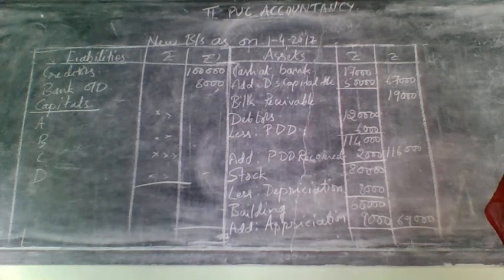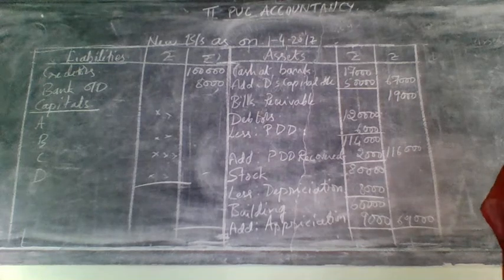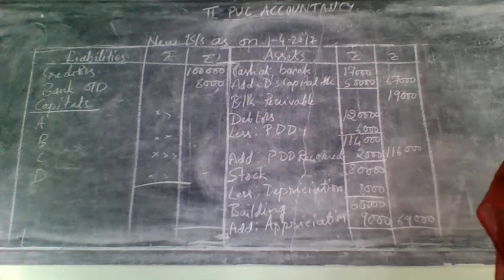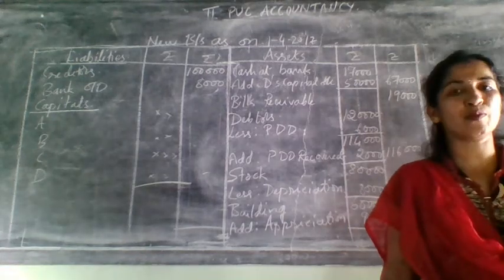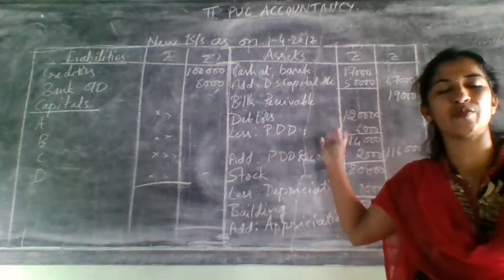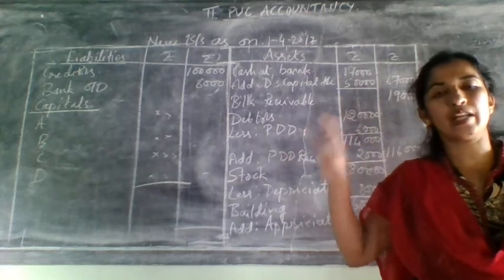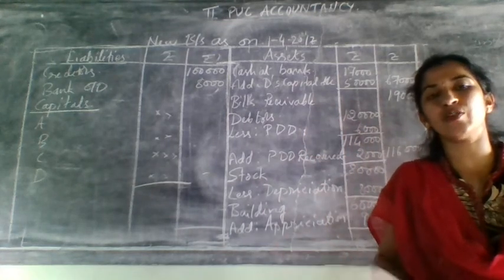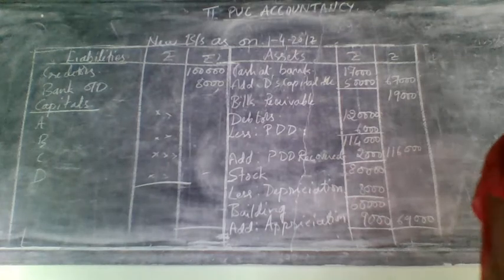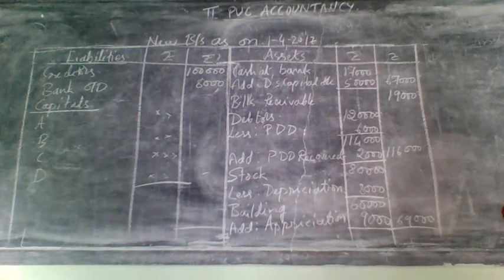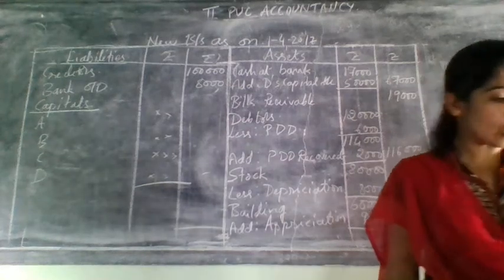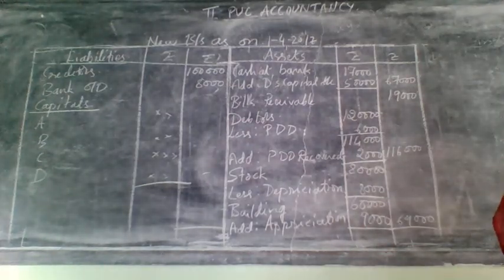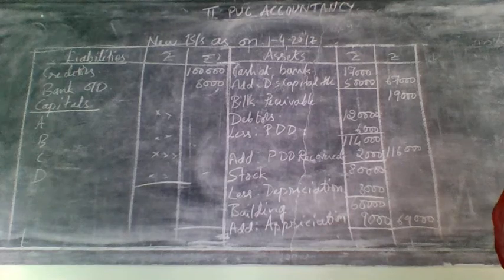Next, 10th problem. Jayanti pays 20,000 as capital, goodwill of the firm valued at 20,000 and goodwill should not remain in the books. So 10th problem is related to what we have solved, that is case 4, goodwill created. Valued they have given, valued is nothing but created, and it was written off by all the partners. It should not remain in the book. Remain in the book means nothing but it was written off.